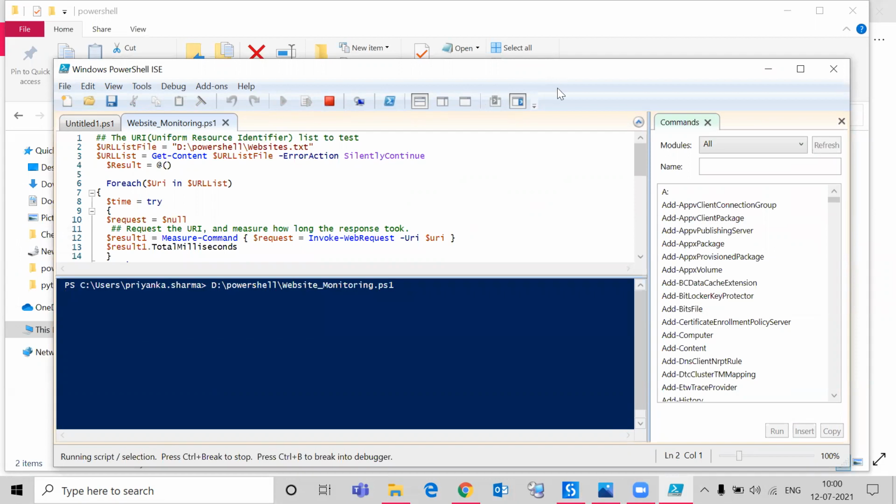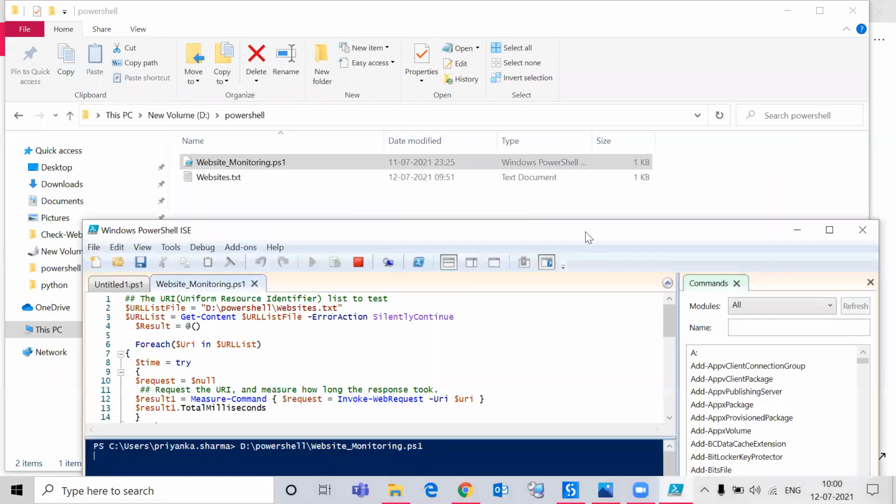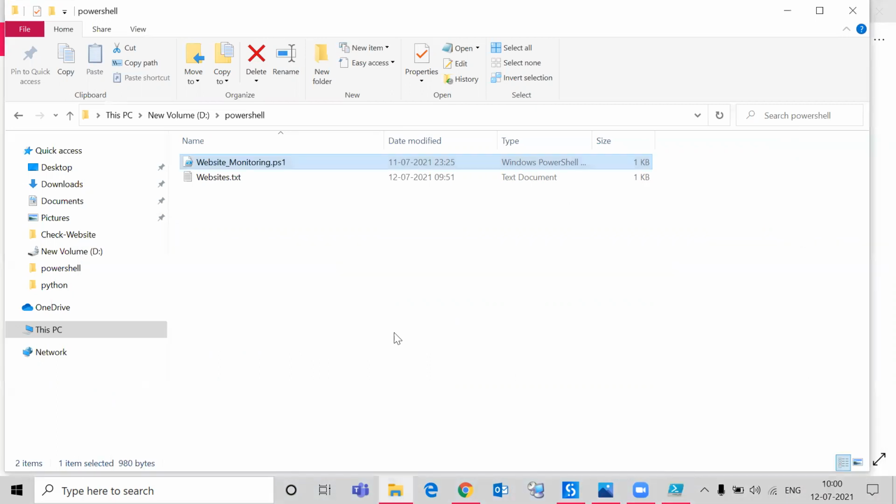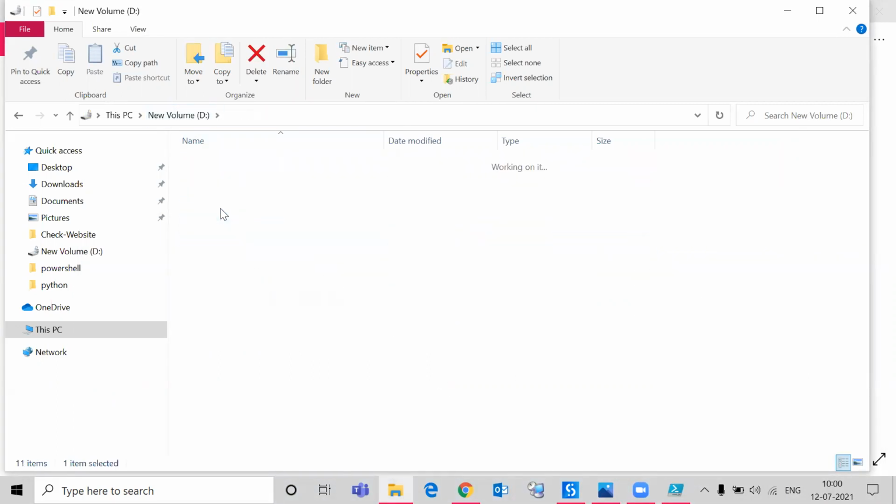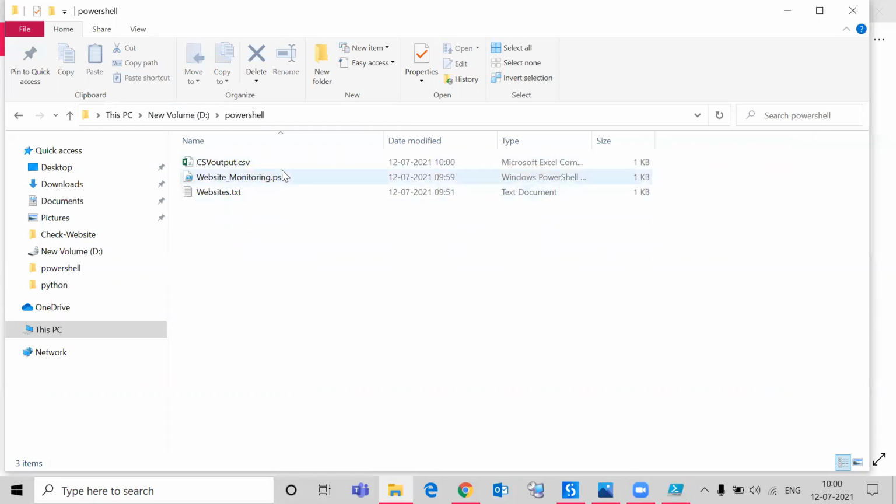So the expected outcome is that in the same folder we will have a CSV output once this script is executed. You can see right now the CSV output is generated.